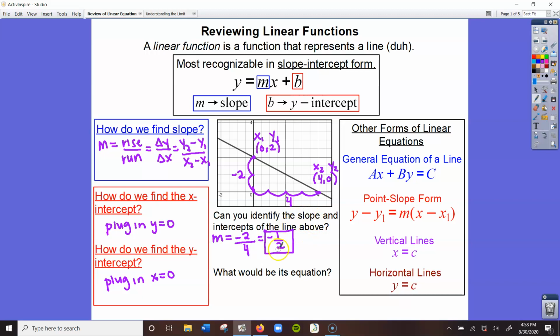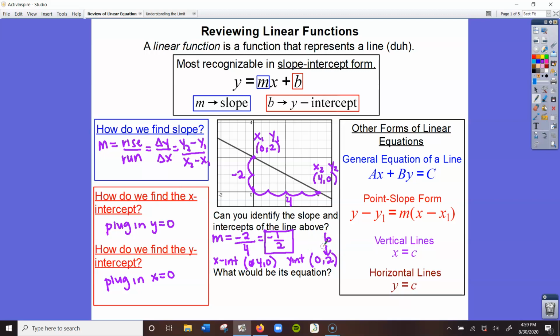The x-intercepts and the y-intercepts, well, that's what I use to calculate my slope. So the x-intercept is (4, 0). Remember, intercepts are coordinates and should be written as coordinates. And then our y-intercept is (0, 2). Now, important to note that the y-intercept, which is the y value, this is b in